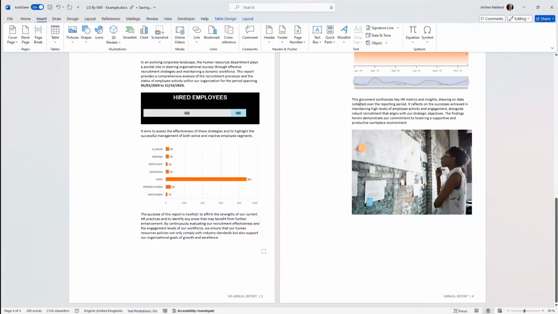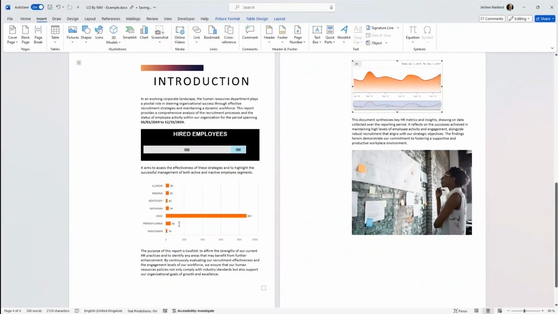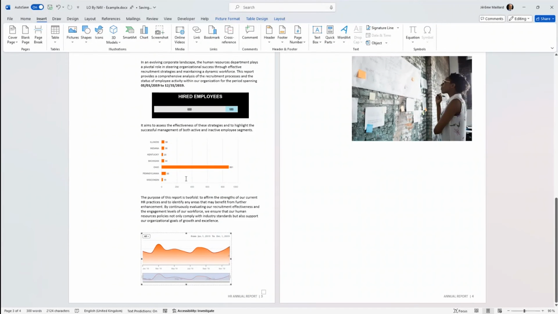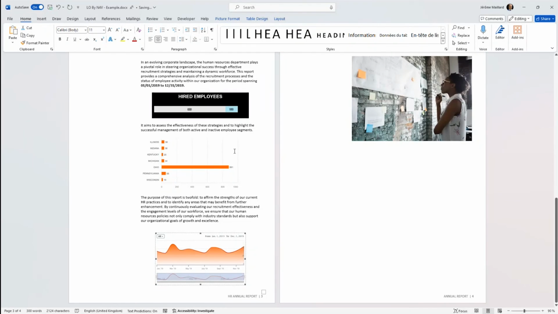Okay, and you can resize, you can do what you want. You are already in a Word document, so you want to have all elements on the same page. You can, of course, center, etc. And of course, you are going to say to me, okay, it's good, it's integrated, but now I need to refresh those data, because the goal of LibreOffice or of integrating some charts in a WebI document is to update them